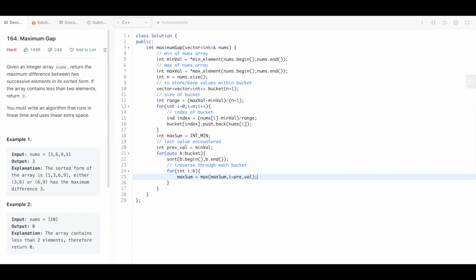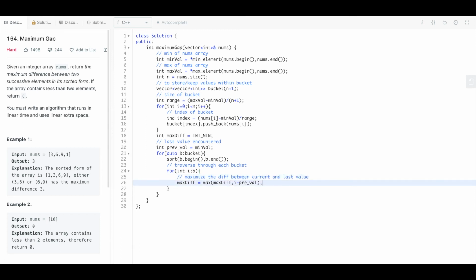This will give me the maximum difference. I think we should name it maxdiff and not maxsum, this will be more clear. So I will do max of diff here, and this will give me the difference between this value and the previous value. So I will maximize the difference between the current and last value.